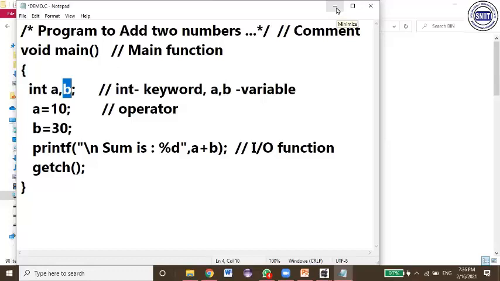So in this C language, every basic thing will be discussed. If you focus more on this programming language, each and every basic concept will be discussed in this. That is the reason I will suggest everybody to learn the C language.